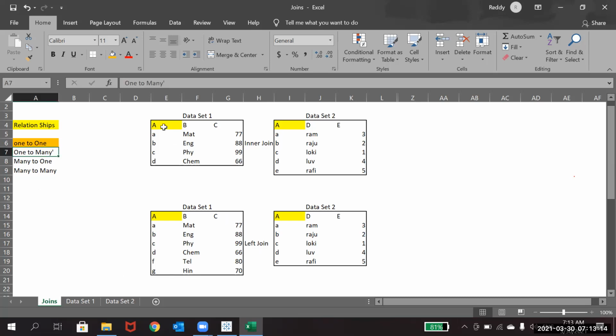Let's say you have column A as a common and column A as a common. Let's say there was another column, so let me just add it here. Maybe the column name might be different, or let's say the same column only.